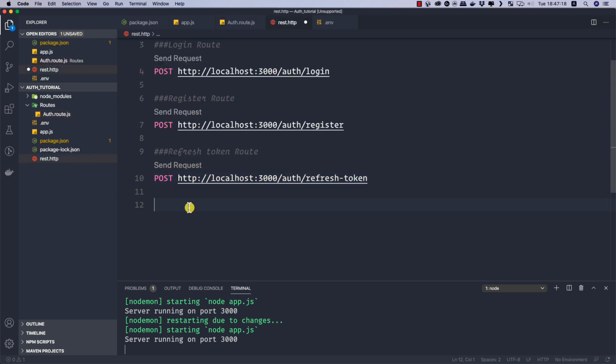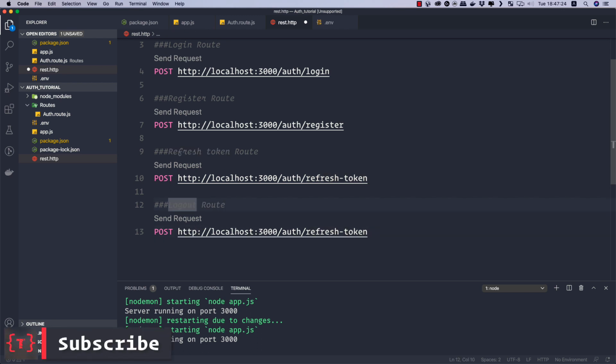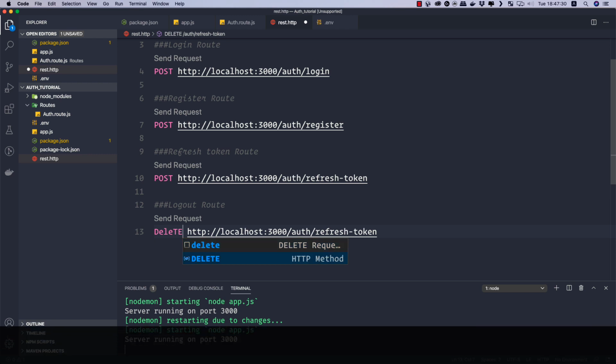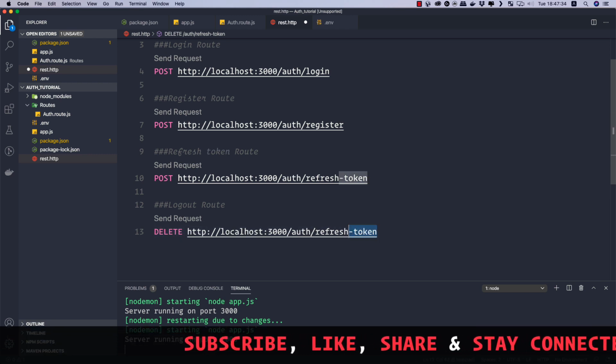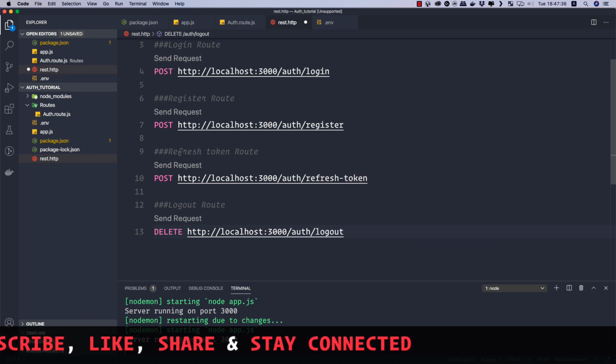So let me copy it again here and paste it here, and this is a logout route with the delete HTTP method, and the route name is logout, like this.